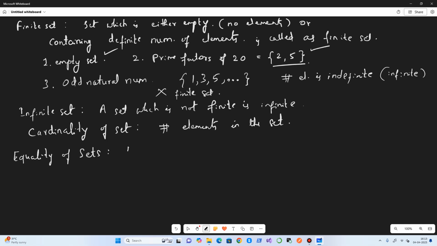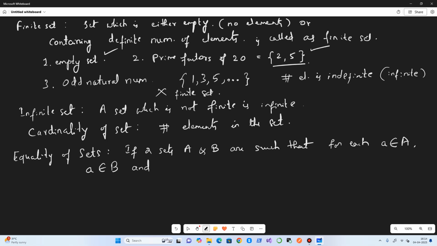If two sets A and B are such that for each element a belonging to A, a also belongs to B, and for each element b belonging to B, b also belongs to A. So this is the mathematical definition.